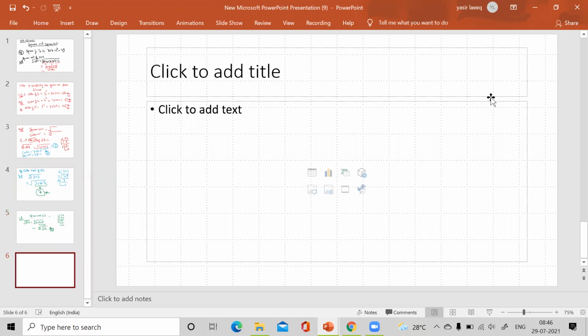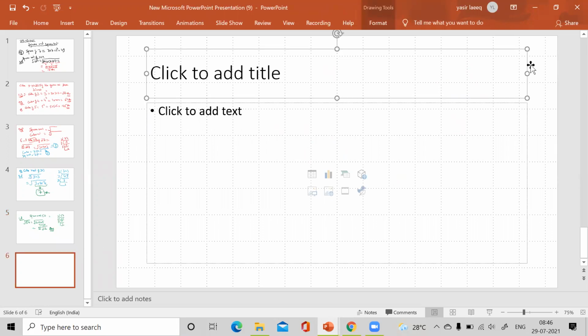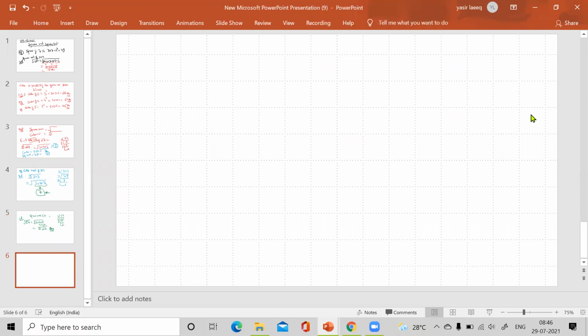Now, how to write? How to find out the fractions? Just see it carefully. If a question is like this, you have to find the